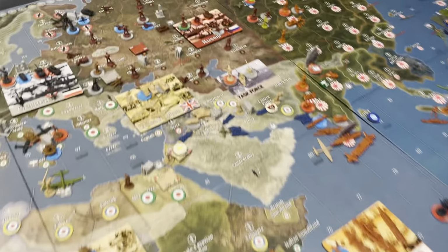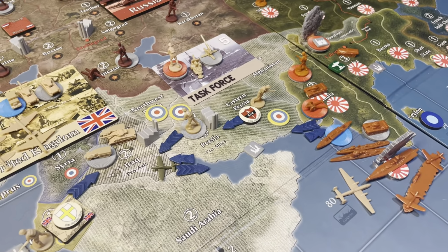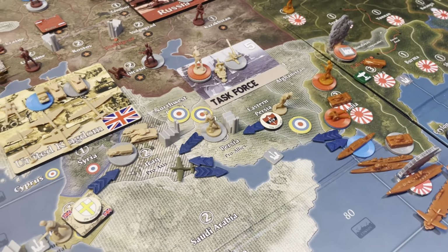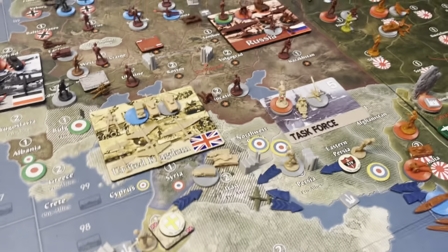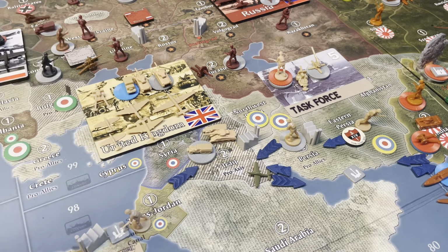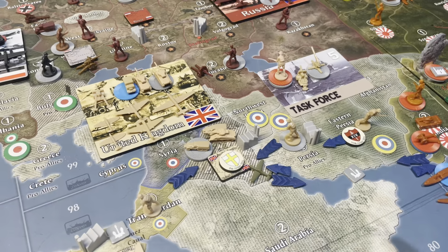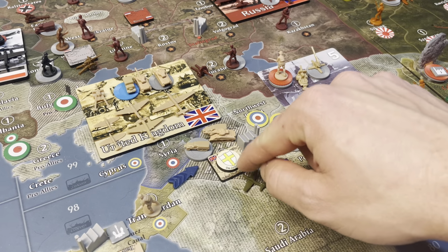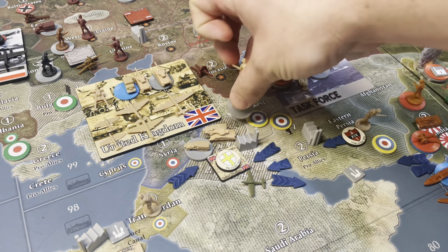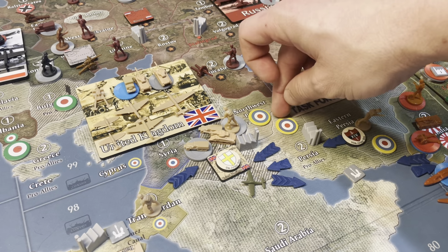Up here in the Middle East, our bomber came back to Iraq. Then basically another game of pulling back. So we took the 8th Army minus 1 infantry and sent it back to Iraq. The Americans are aiding us in Iraq with their own fighter. We brought the 2 infantry from Persia as well into Iraq. Going to turn Iraq basically into a massive